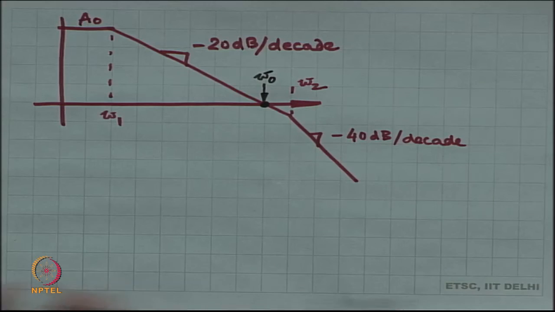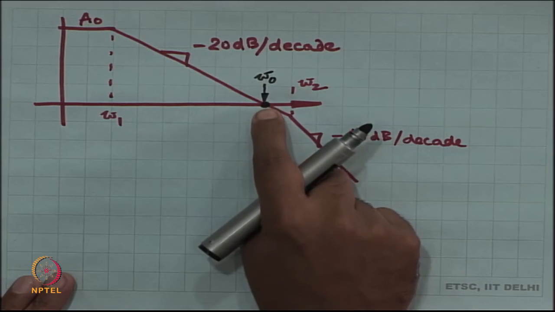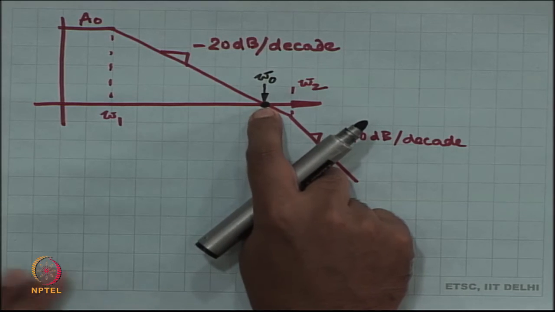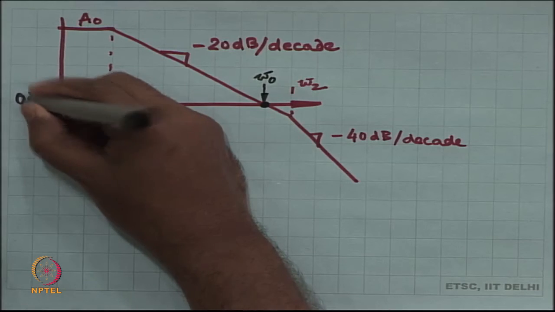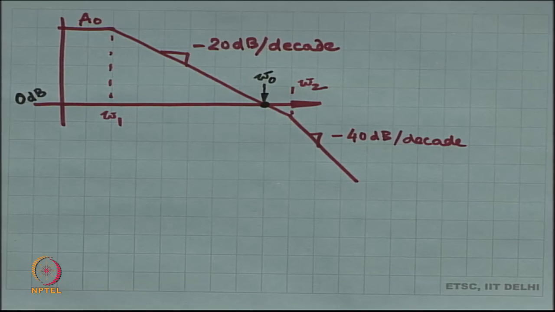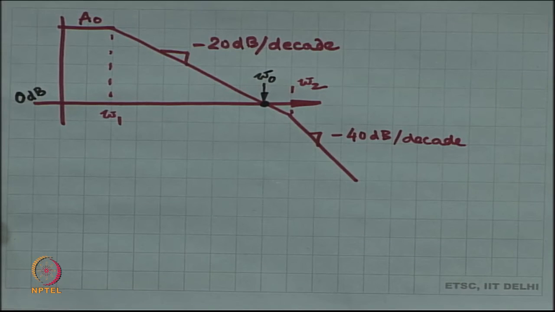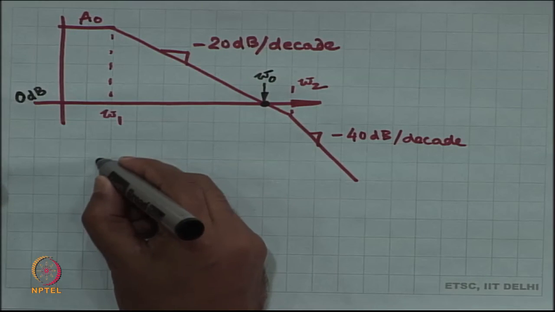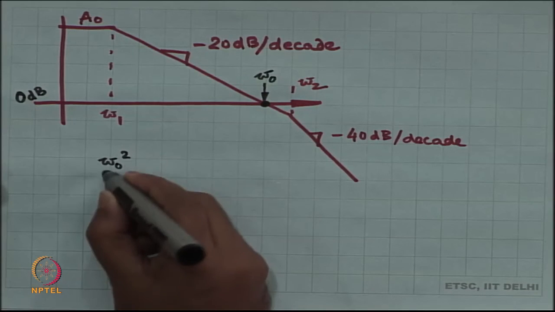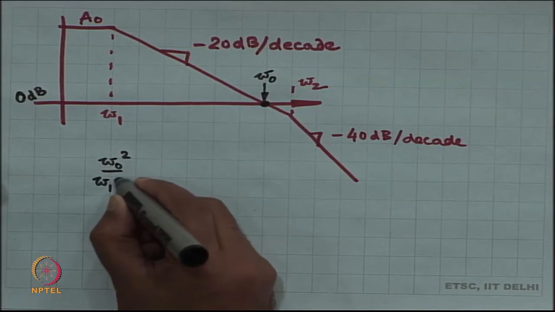Omega naught is the gain crossover frequency, that is the frequency at which the gain is 0 dB, or in other words 1. The gain is 1 at this particular frequency. So, we had a relationship between omega 2, omega 1 and omega naught, and that was typically something like omega naught squared. If you can check your notes,